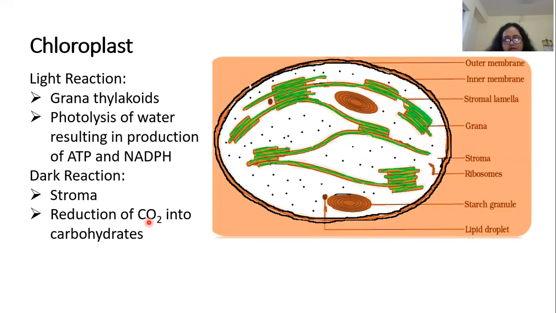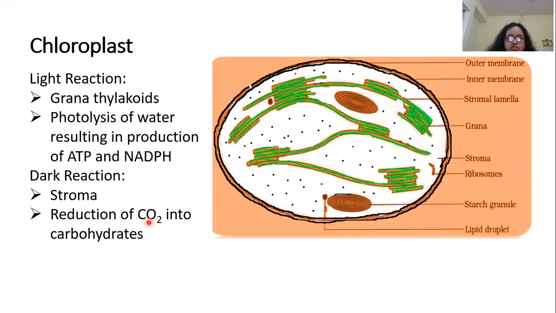The first one is light reaction and the other one is dark reaction. The light reaction occurs in grana thylakoids, and the process which occurs in thylakoids involves the photolysis of water. Photo means light, lysis means splitting. So in the presence of light, splitting of water takes place that results in the production of ATP and NADPH,